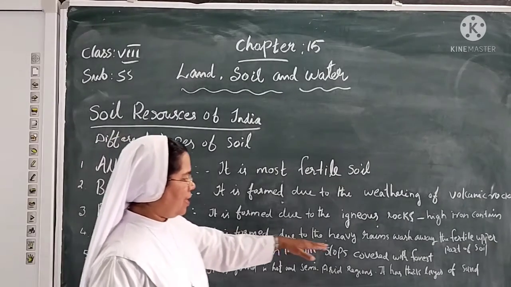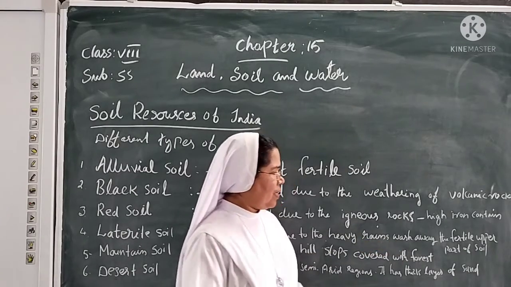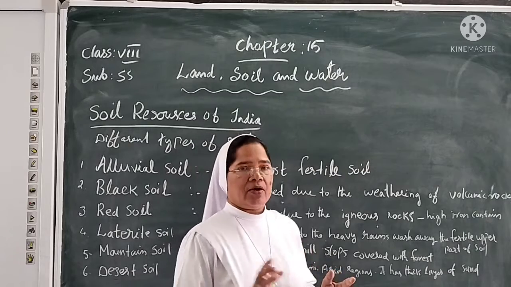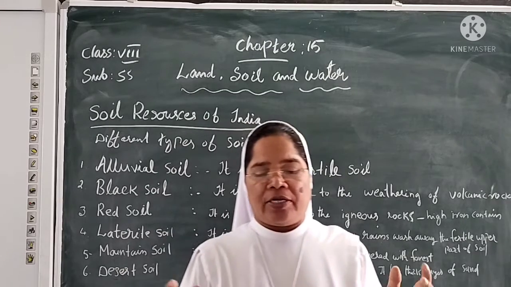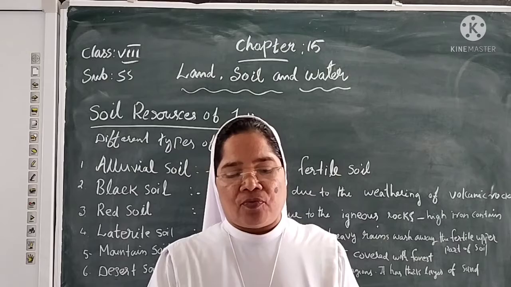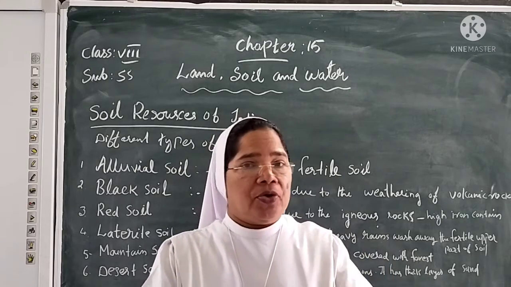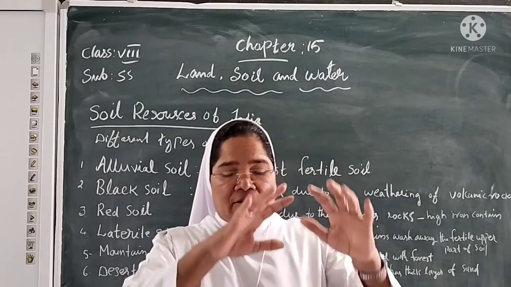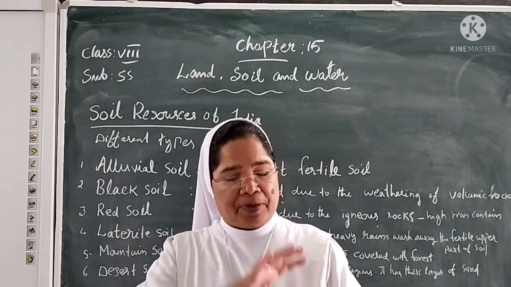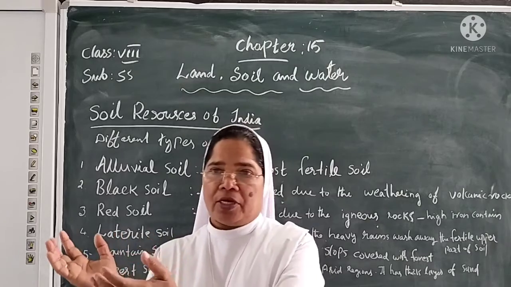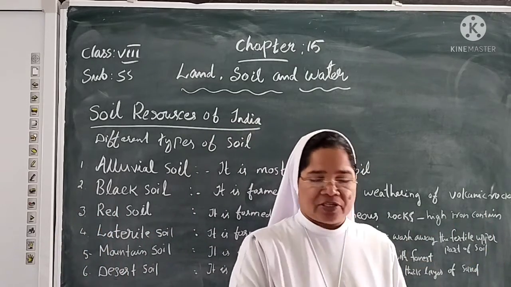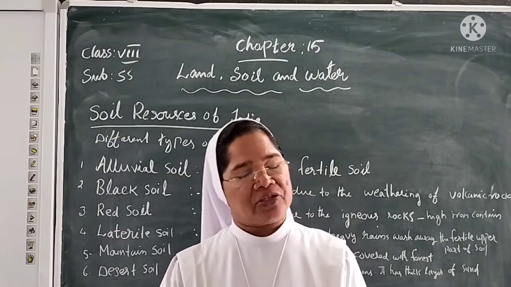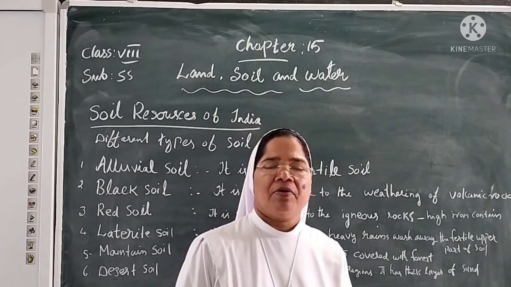It is formed when heavy rains wash away the fertile layer of the upper part of the soil. What is the laterite soil? Laterite soil is formed when heavy rains come, it washes away the fertile upper part. When the heavy rain is going down, this washes away the upper part, and therefore the soil is less fertile. It is not fertile. It is less